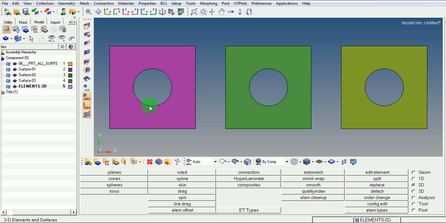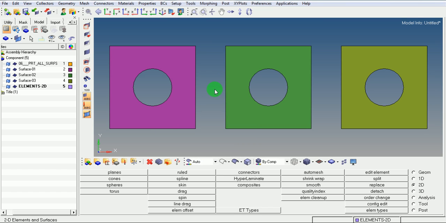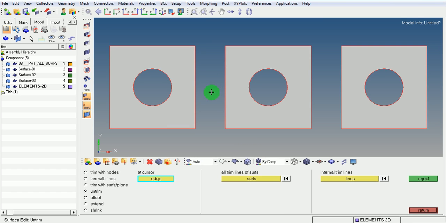For that, I will go into surface editing option, that is Shift F9. Ensure that untrim is selected. I want to untrim this cutout. Pick on this edge. Pick on return.